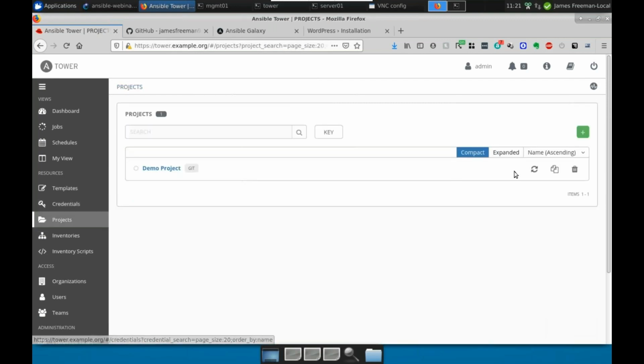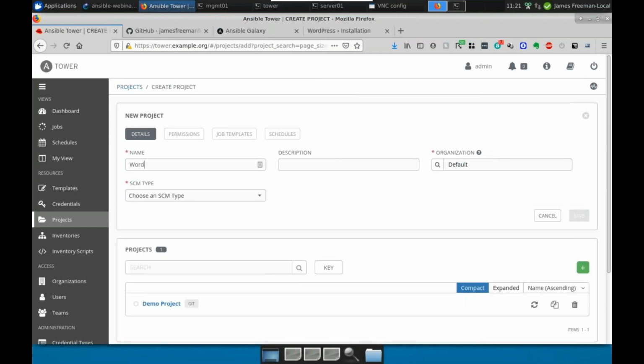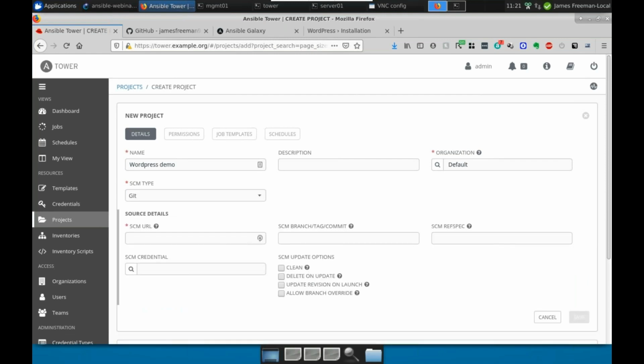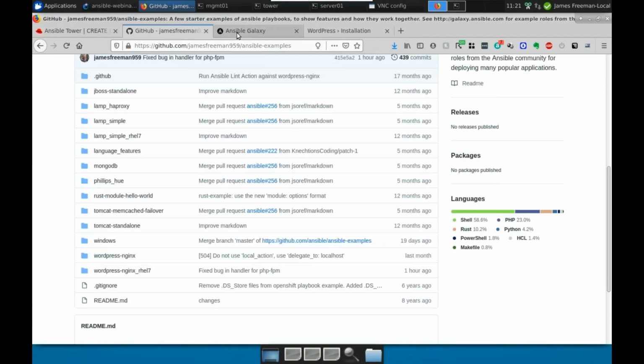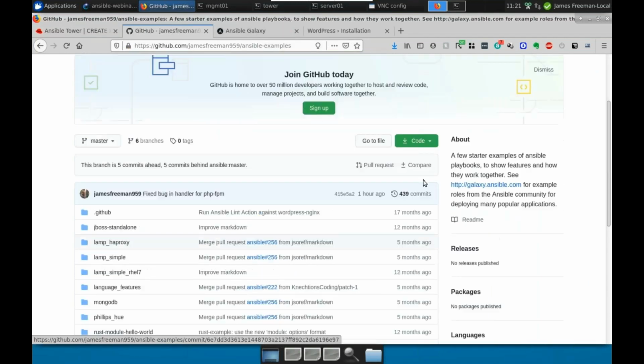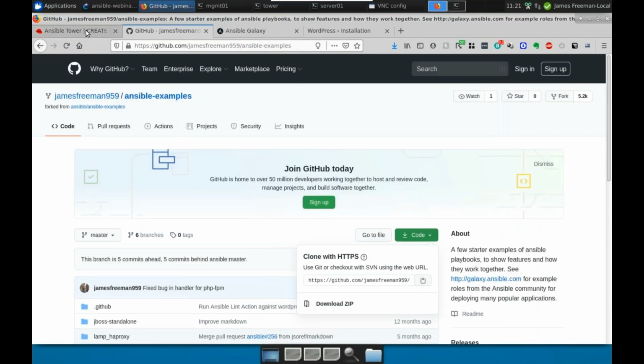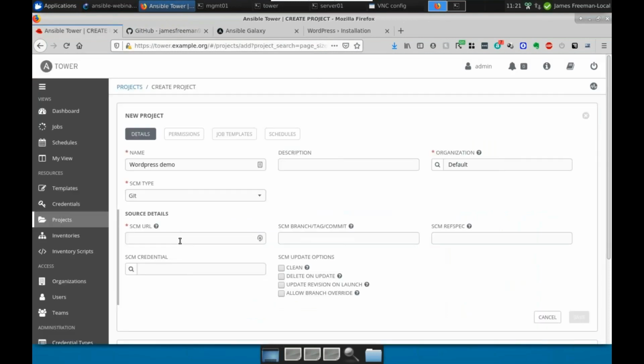Projects is where your code comes from. So what I want to do here is pull in my WordPress demo from GitHub. So you notice I'm not using the cloned copy that I used. What I'm doing is I'm going here, I'm going to grab the code, that goes in there. You can see if you wanted to use a specific branch or commit hash or anything, you can put that in there. We're going to save that,